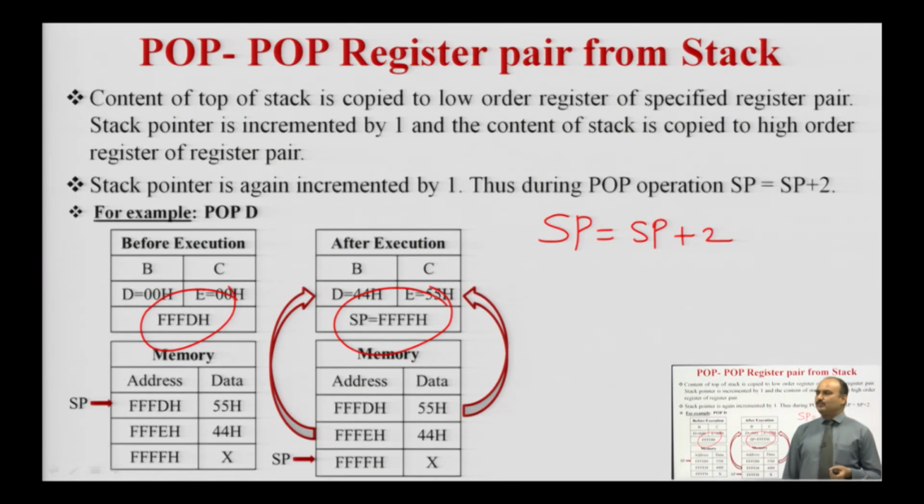Whenever we want to push the content of the specified register, that is the BC register pair, DE register pair or the program status word, we use the push instruction. It will push the content of the specified register into the reserved portion of memory, which is called the stack. And if you want to retrieve back the value of the specified register from the stack portion of memory, we use the pop instruction. The specified register pairs are the BC register pair, DE register pair and the program status word register. The program status word register is the combination of the 8-bit accumulator register and the 8-bit flag register of the 8085 microprocessor.